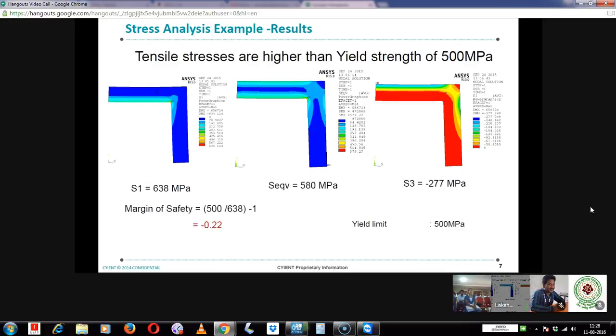Now coming to stresses, I have plotted three types of stresses. One is maximum principal stress, that is maximum tensile stress, which is 638 MPa. Von Mises stress is 580 MPa, and minimum principal stress is 277. This maximum principal or tensile stress is occurring at this fillet location, and compressive stresses are occurring at this top location. And when I try to check it,